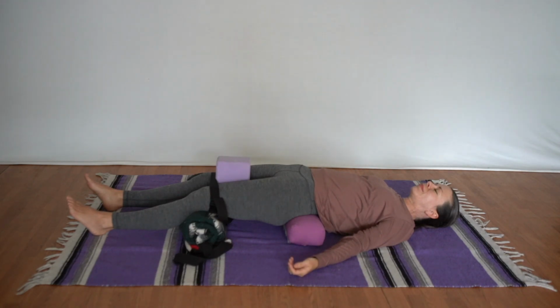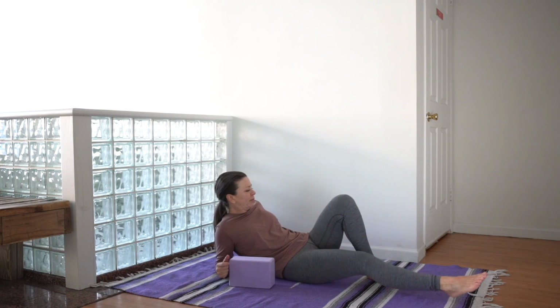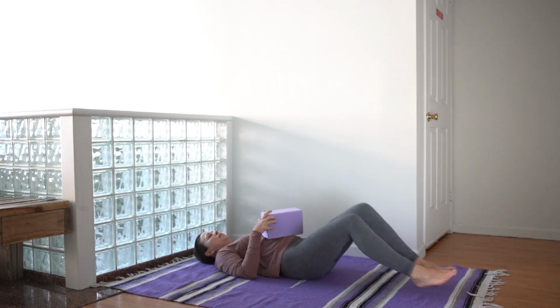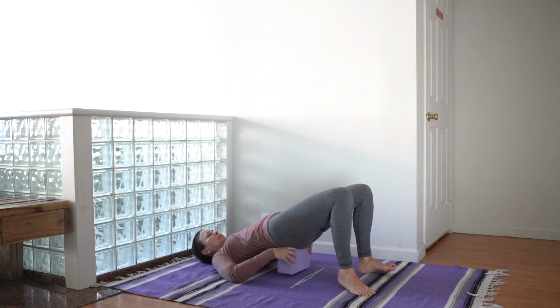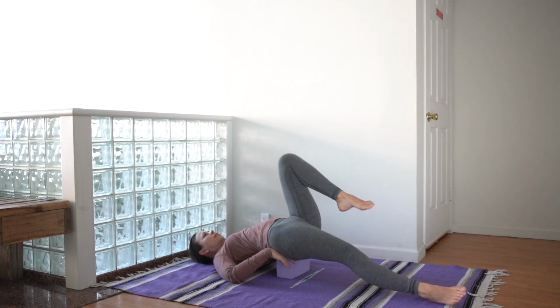A fun variation for rainbow involves a setup at the wall and adds a hip opener to the pose. So start about 6 inches away from the wall, setting up by bending the knee and sliding your support, block, or bolster underneath the sacrum. Extending one leg long, the outer leg, and then bend your other knee into your chest and extend the leg